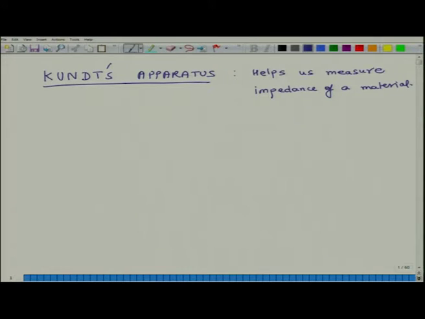So, if we have a material whose sound absorption or noise absorption properties are not known, then you can use this apparatus. There are other apparatuses also, but you can certainly use this device to measure impedance of this unknown material. And how does it look like? It is essentially a straight tube, and in this tube you place this unknown material at one end. So, this is the unknown material,